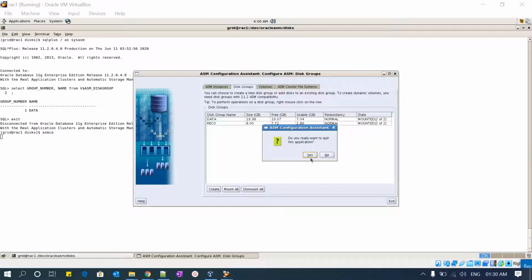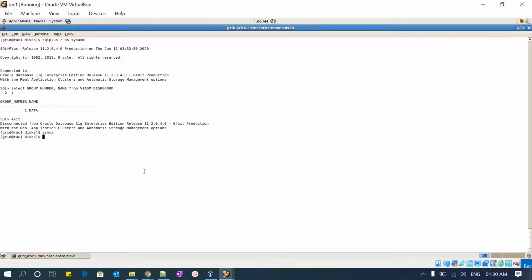Now I'm trying to exit. Okay, so I will log back in to the ASM command mode, and then I will show you both the disk groups there.